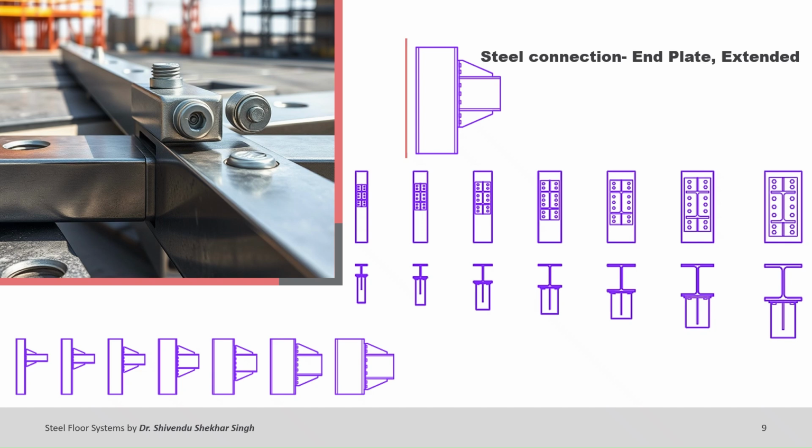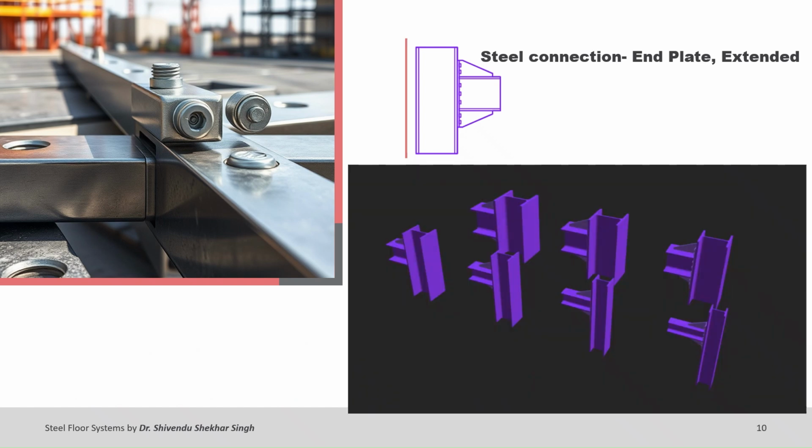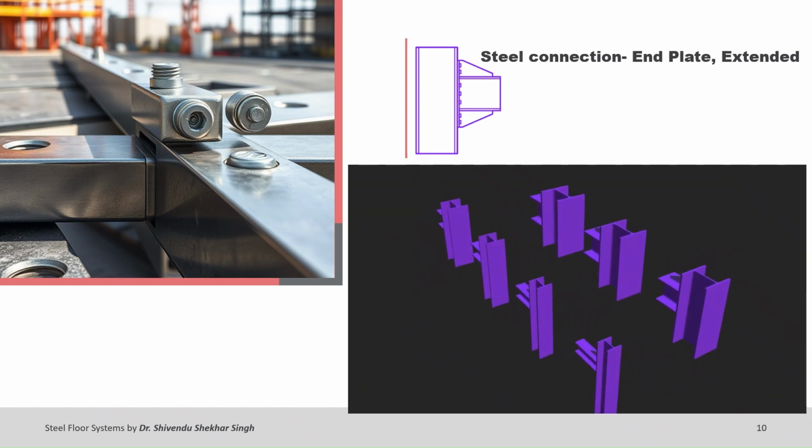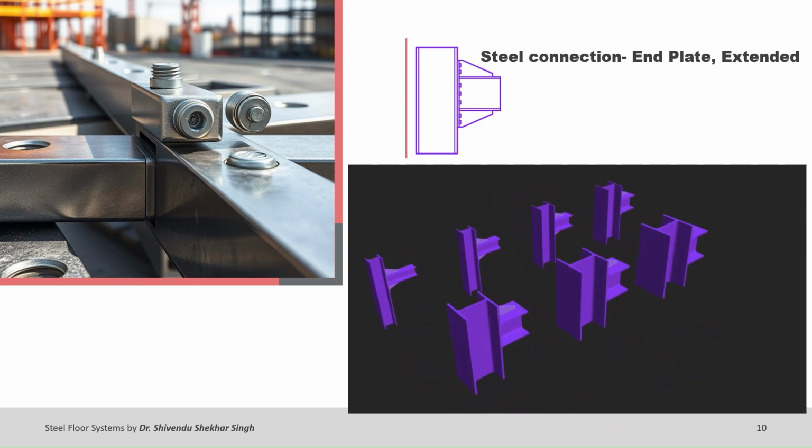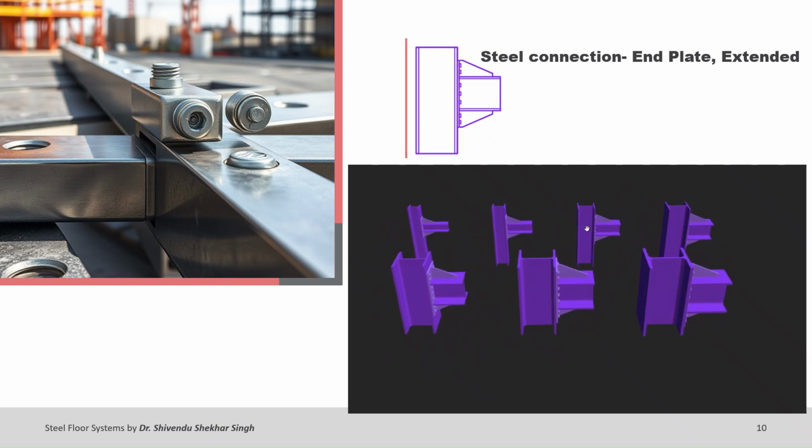Now we look over the end plate, an extended steel connection. An extended end plate steel connection is a type of moment connection that uses a steel plate welded to the end of a beam section to transfer forces between the beam and an adjacent member. The end plate extends beyond the beam flanges, allowing for the use of bolts other than between the flanges. Hinged steel angles are typically added for increased strength. Extended end plate connections are typically used in frames subject to heavy lateral loadings or near inflection points of gable frames.